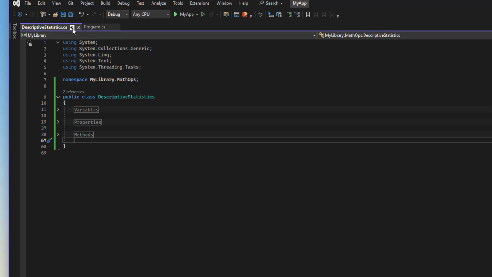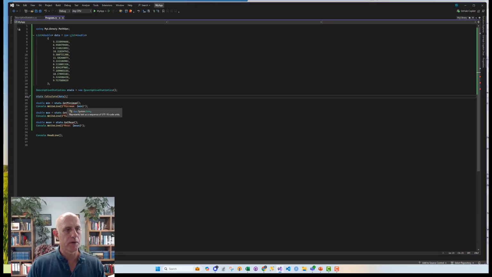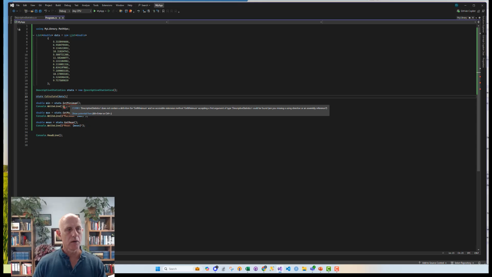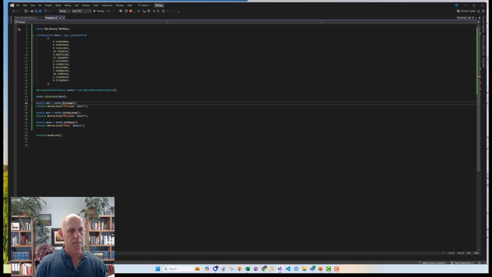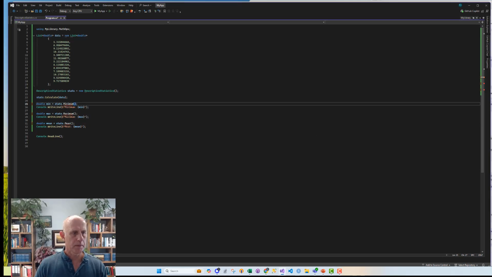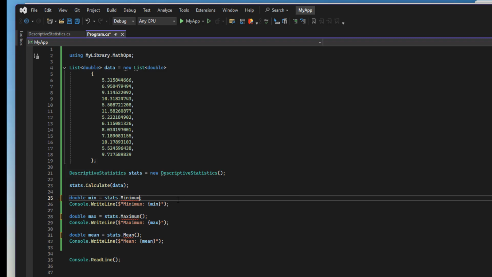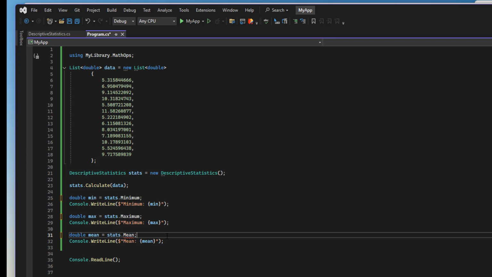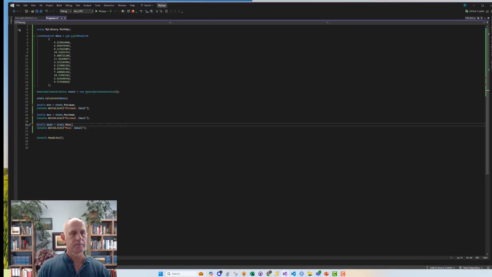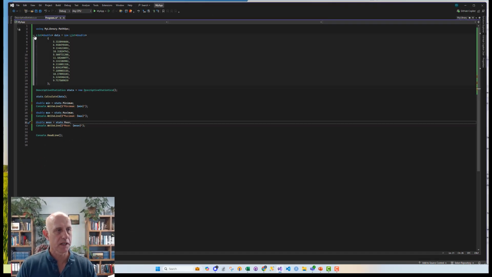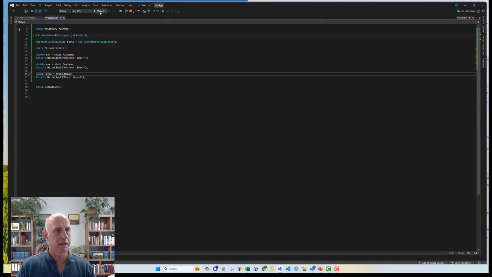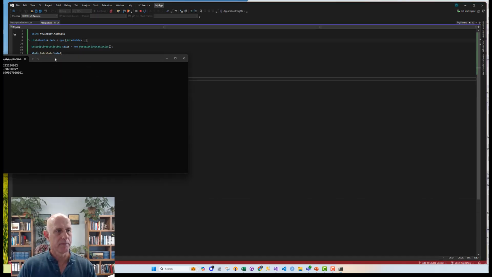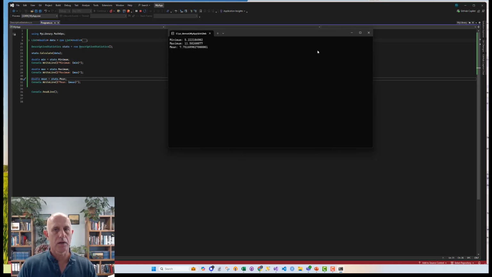So I'm going to just save this now. I'm going to go to program, and now I no longer call the method, I'm just calling the property. So I can take this get away like that, and because it's not a method, I don't need these brackets at the end, so I just call it like that. And now my class is much neater. I'm just going to collapse this data here, run it one last time, and there are the answers